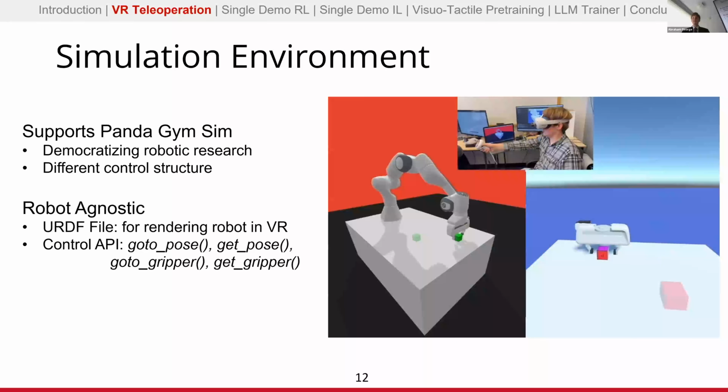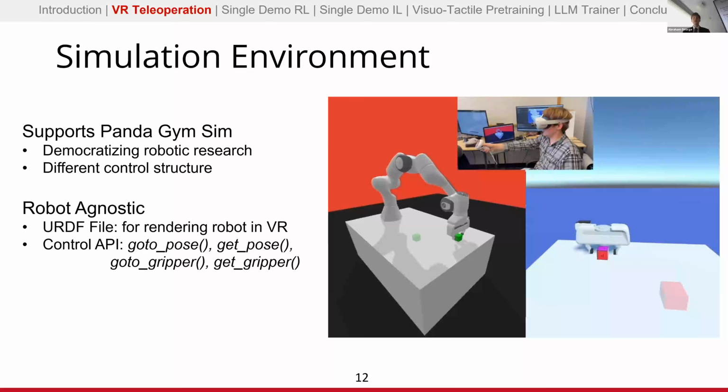In addition to implementing this on hardware, we also implemented a simulation version, which allows anybody who has an Oculus Quest 2 or a more modern Oculus headset to immediately start working and collecting robot demonstrations, doing experiments in simulation. Additionally, by implementing in simulation as well as hardware, we're able to illustrate how easy it is to switch the control configurations because the simulated robot and the physical robot have completely different controllers.